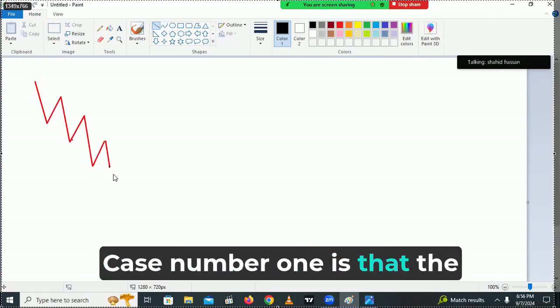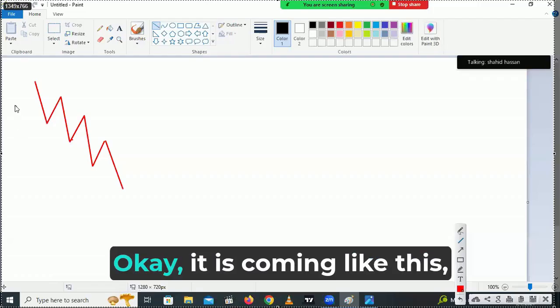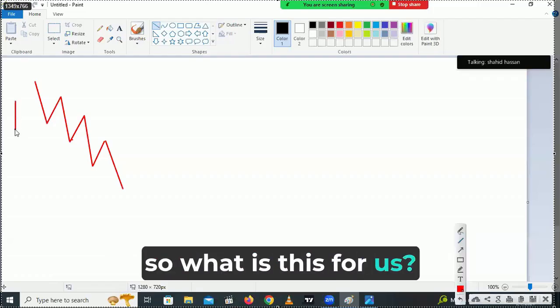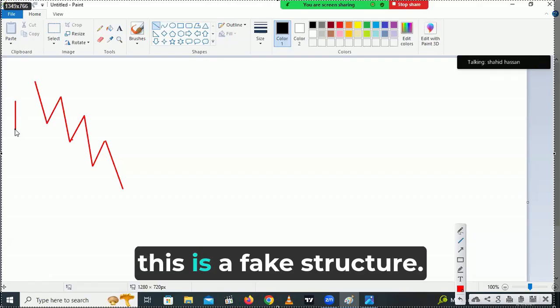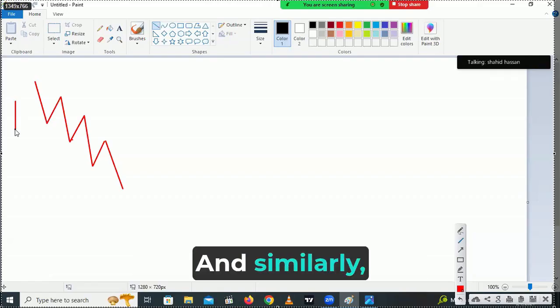Case number one is that the market is coming like this. Okay, it is coming like this. So what is this for us? This will be of no value to us. This is a fake structure. And similarly, if we take this,